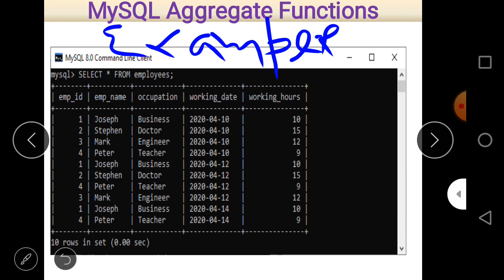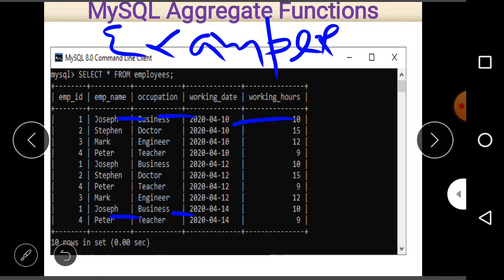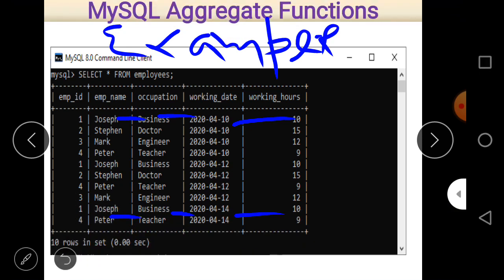Joseph, the businessman, dated 22/4/10, and Joseph also appears here but with a different working date and the same working hours.